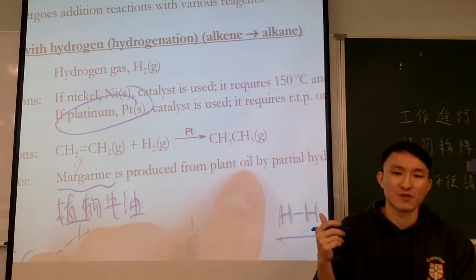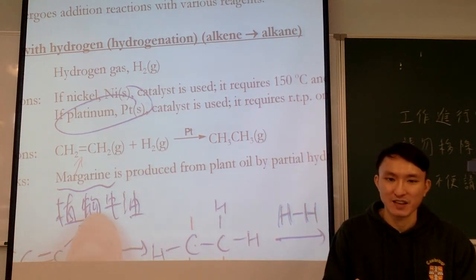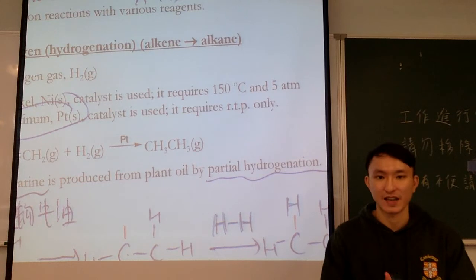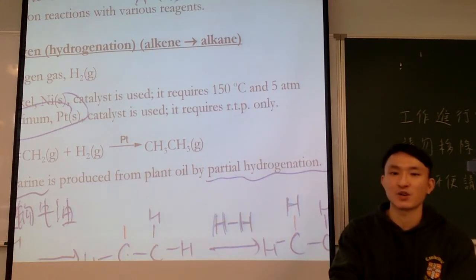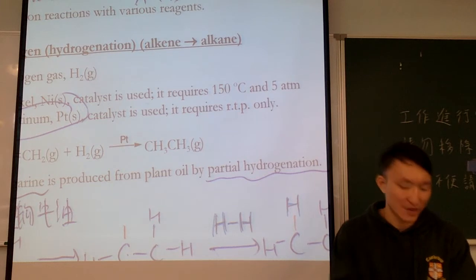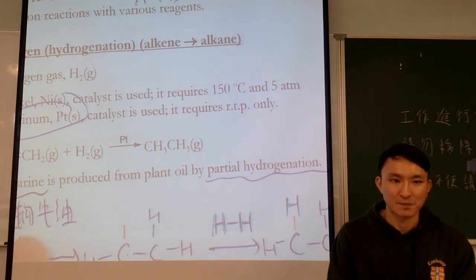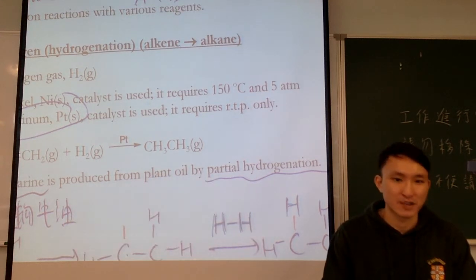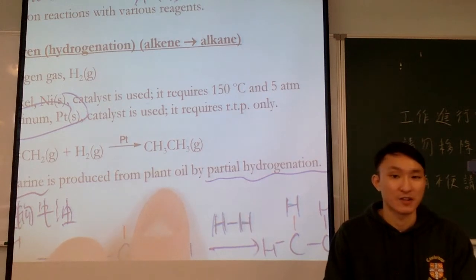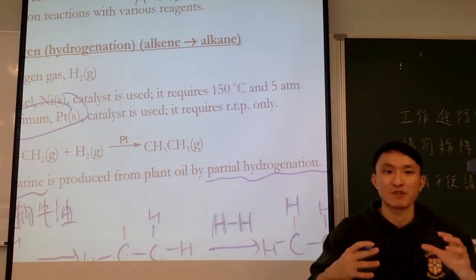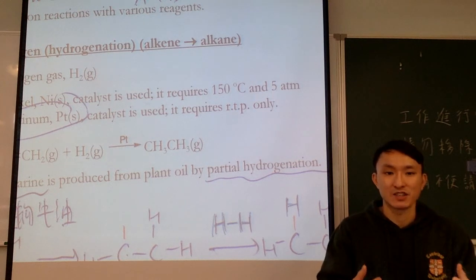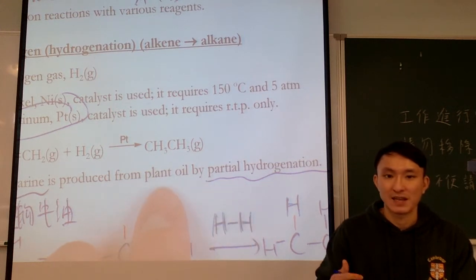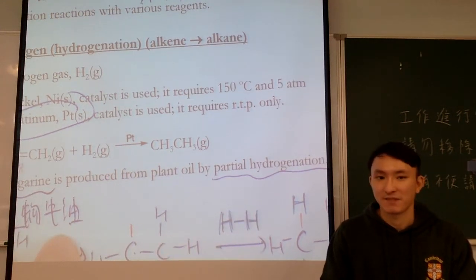Now, to convert a liquid plant oil into a semi-solid margarine, they need to undergo a reaction called partial hydrogenation. Now, as to why partial hydrogenation can convert a liquid into a solid, a very simple explanation is that this process can increase the melting point of plant oil. So think about it, when a liquid's melting point increases, it will more resemble a solid. So this is how partial hydrogenation is able to convert liquid plant oil into solid margarine, by increasing the melting